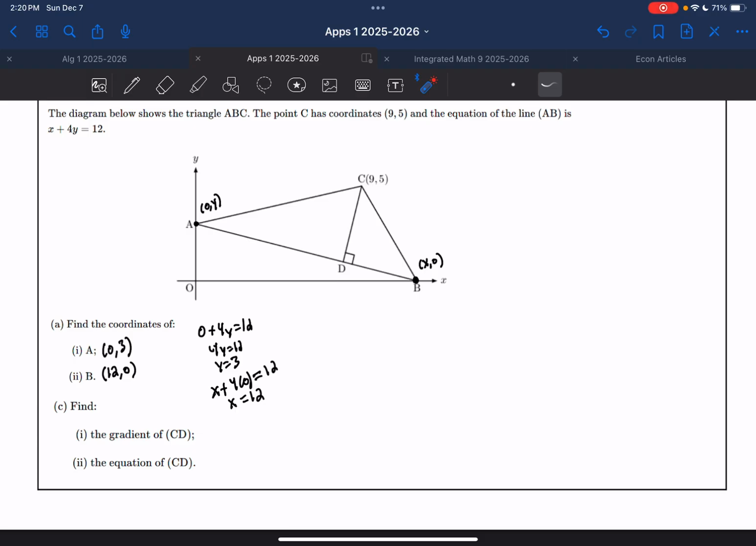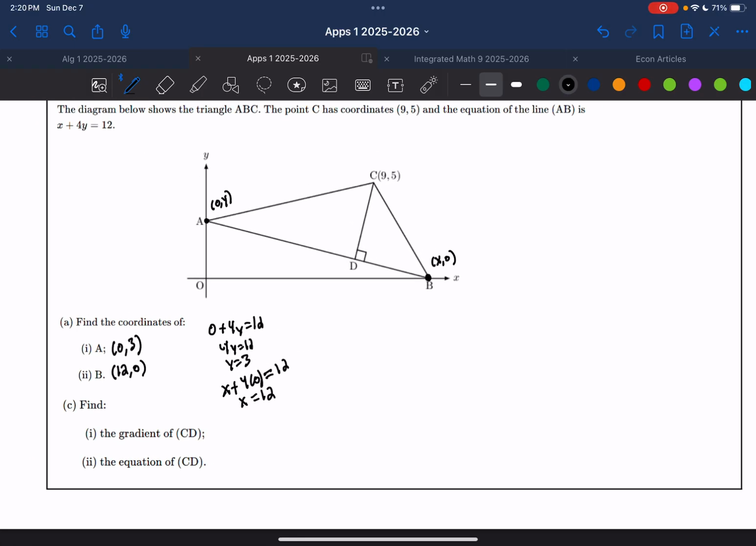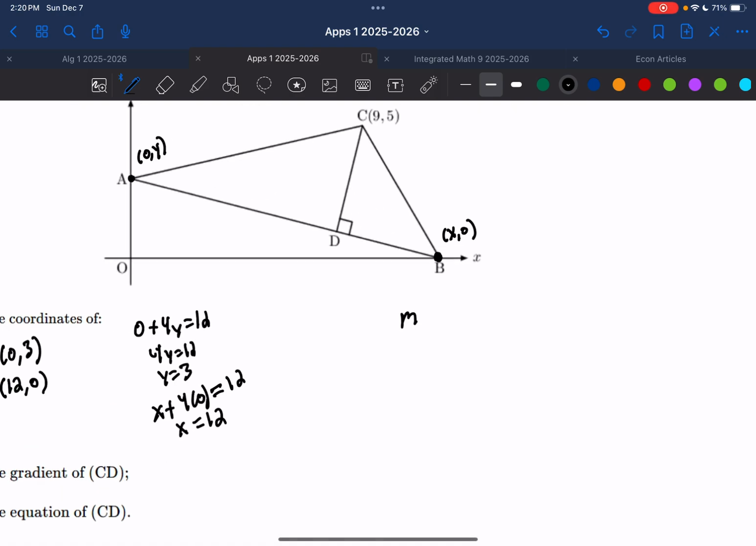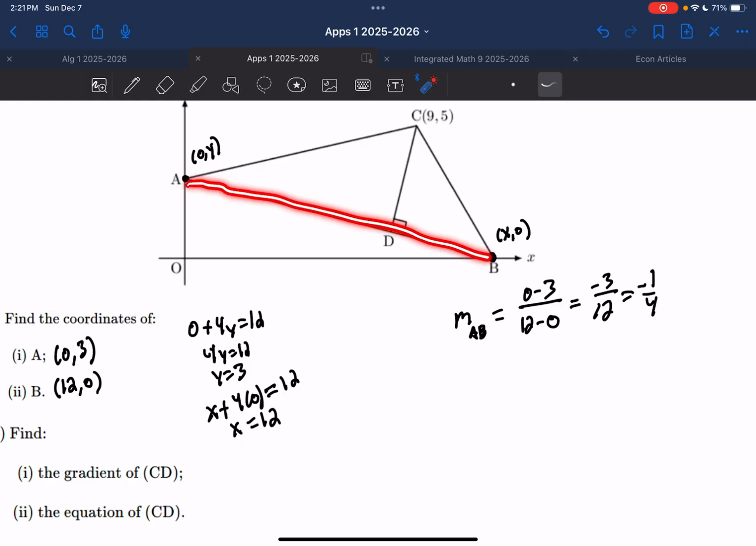So the first step is to find the gradient of AB, and that will tell you what the gradient of CD must be. So this is M, I'll give it a little subscript, AB, to make it clear that it is the gradient of the line that connects A and B, and that we can use our slope formula. So our change in y is going to be (0 - 3)/(12 - 0), or -3/12, or -1/4. So if MAB has a gradient of -1/4, well then